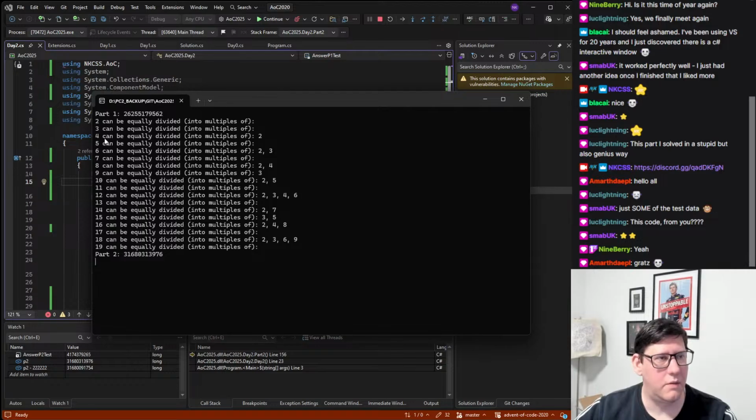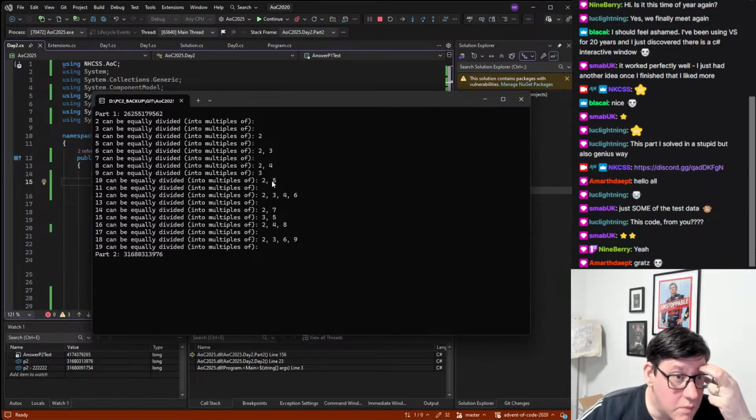2, I can't. 3, 4 can be in 2. 6 can be in 2 and 3. 7, you can't. 8 can be in 2 and 4. 9 can be in 3s. 10 can be in 2 and 5. 11. So 12 can be in 2, 3, 4, 6. See, this was the general idea. So now if you